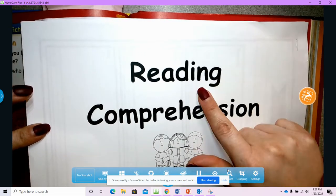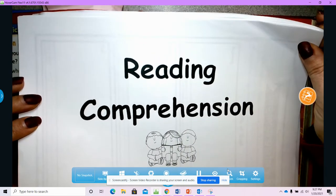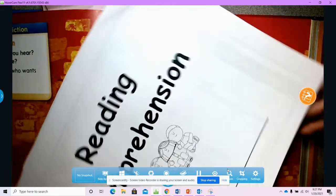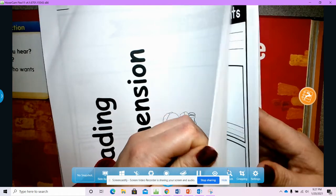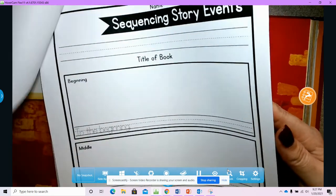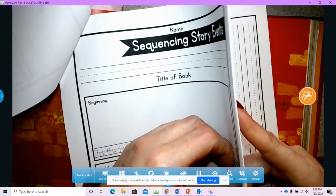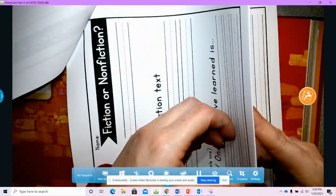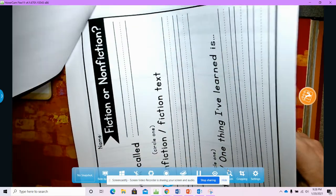So today you're going to need to find your reading comprehension packet. This one is inside of your supply baggie from this month. Okay, we're going to turn it over. You're going to go through a couple of pages. You're going to turn the pages. Turn. You're going to go through quite a few pages, my friends. Keep turning,